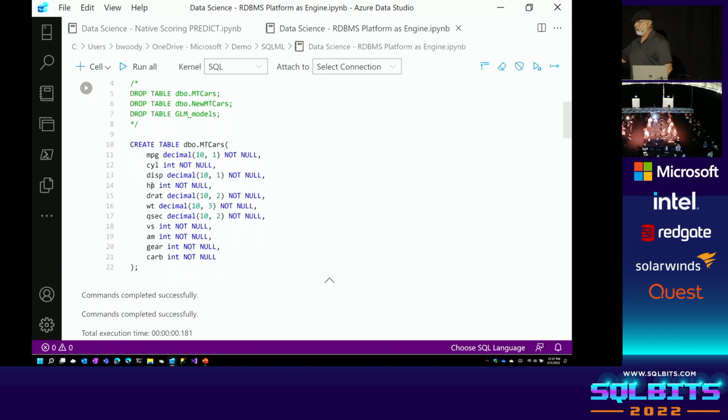The miles per gallon is something we call a target or a label, something we want to predict or know. The other things that you see here are just called features. In databases, we would call them attributes or even columns. That's the data we're after, right? The algorithm wants to know about the cylinders, the displacement, the horsepower, the dry weight, the gross weight, and some other things, how many gears it has.